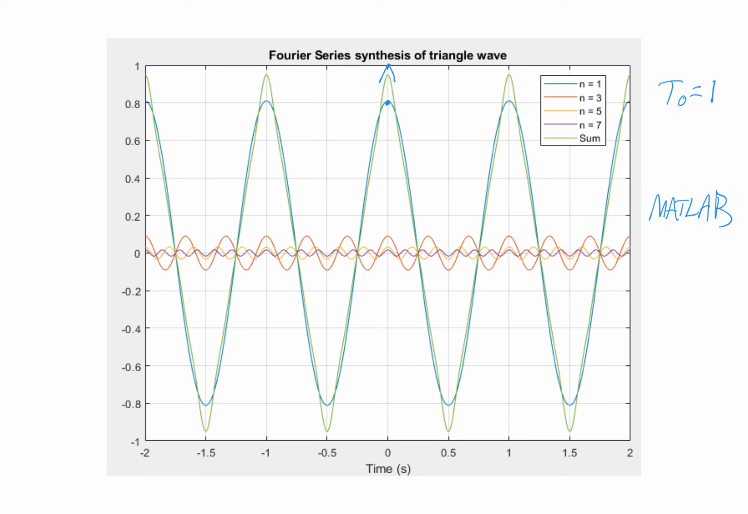You can modify that and see what happens if you add in the component for n equals 9 and n equals 11 and so on. Remember, the reason that we are skipping the